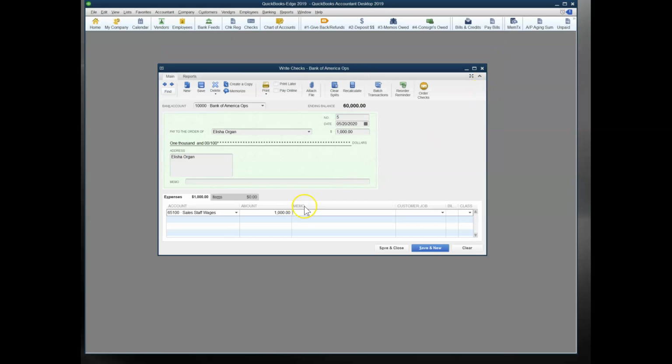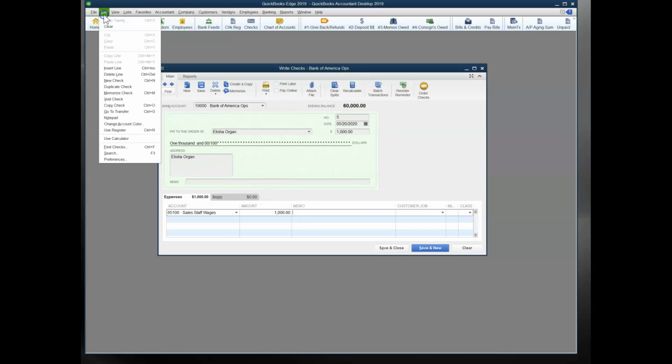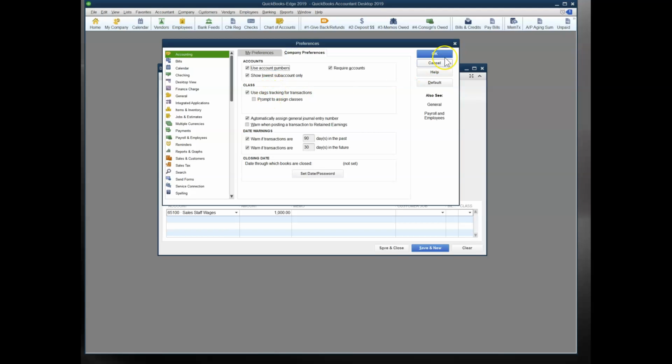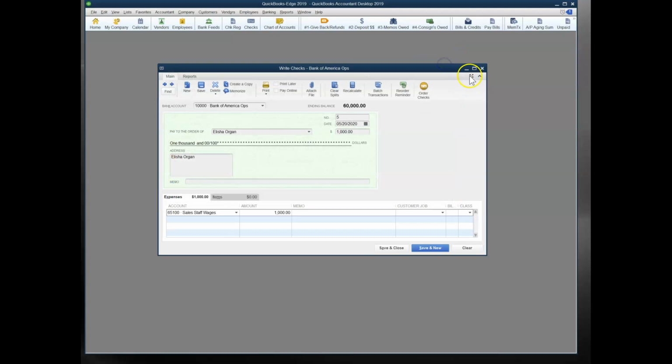So what we need to do, because we came up here and we made class, if you've never used class, you now have a column here that you've never seen before. This is where we choose PPP. So we're going to choose the PPP for that employee, and you would do it for everybody else, including when you pay the tax. So let's hit Save and New,